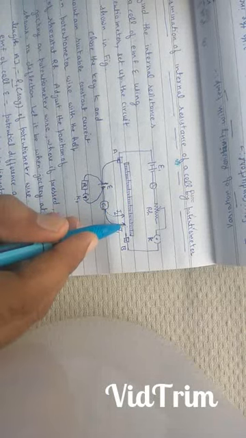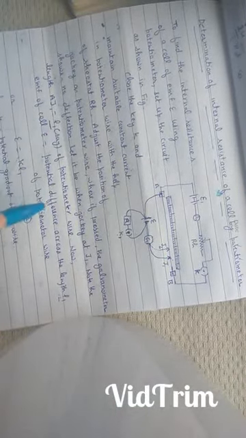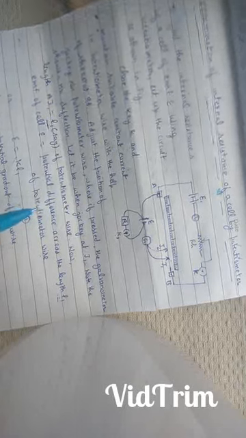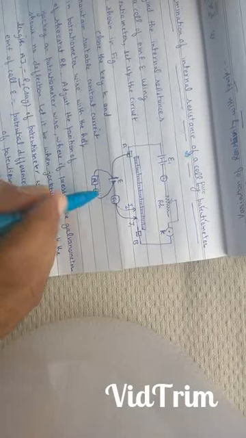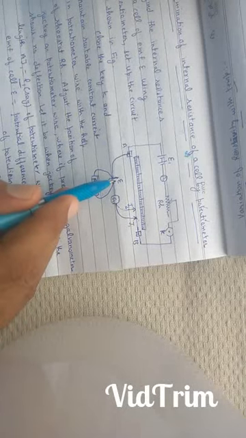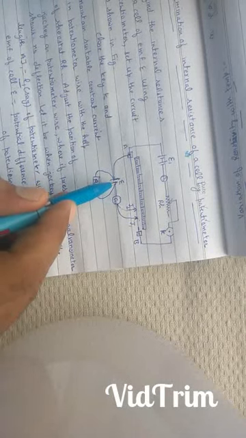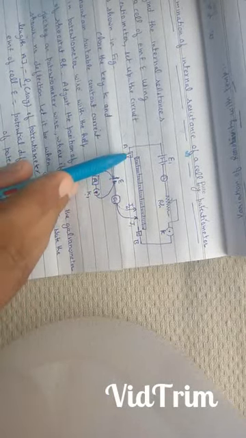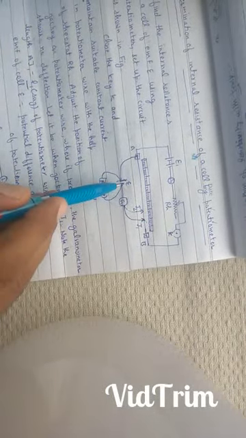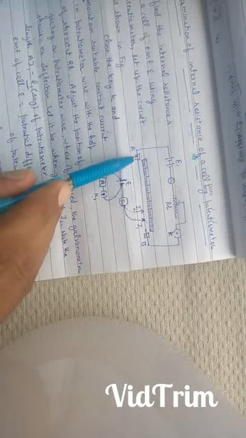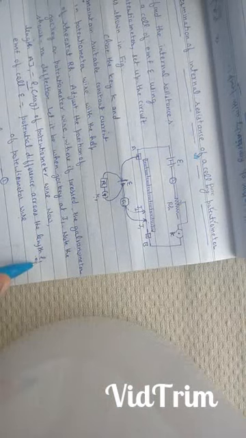Let it be at point J1. Note the length AJ1 is equal to L1 of potentiometer wire. Now in this case the key K1 was open. Therefore no current was taken from the cell E. Therefore EMF of the cell E is equal to potential difference between points A and J1, or EMF of the cell E is equal to potential difference across the length L1 of potentiometer wire.